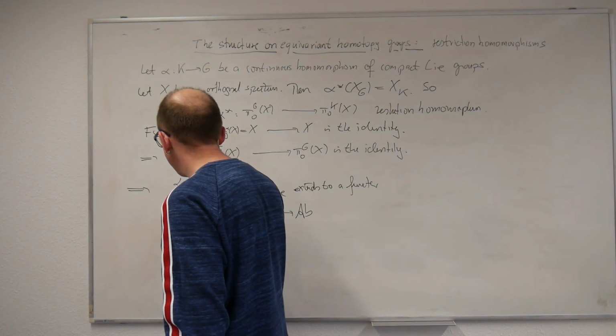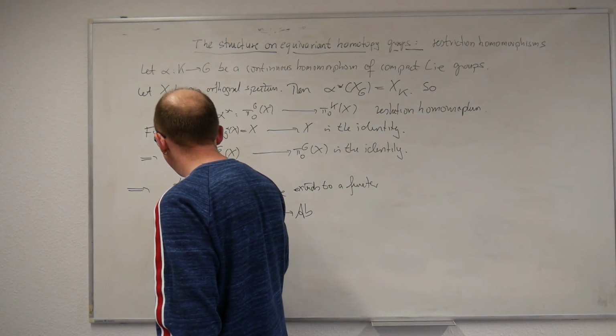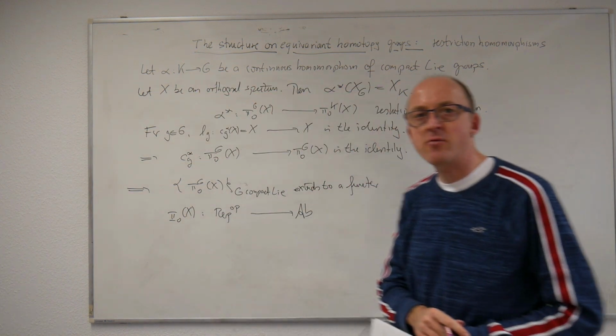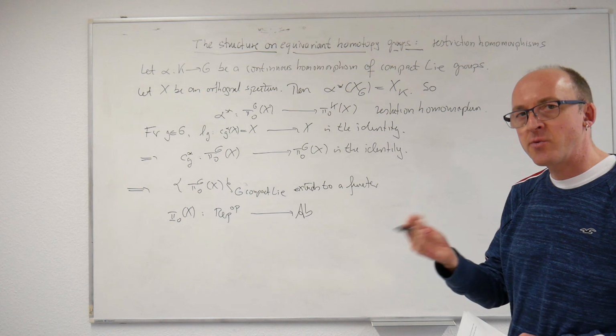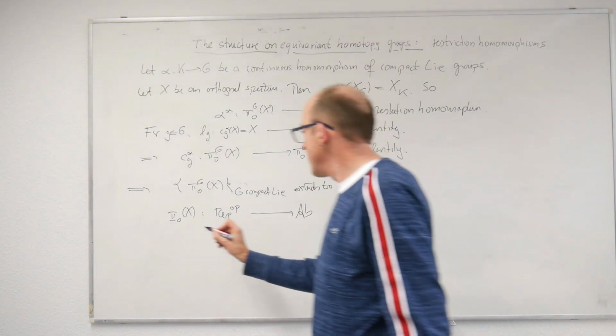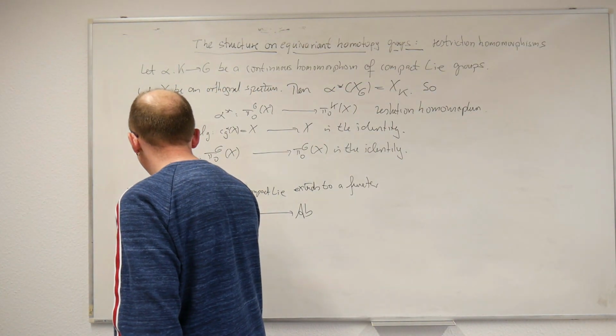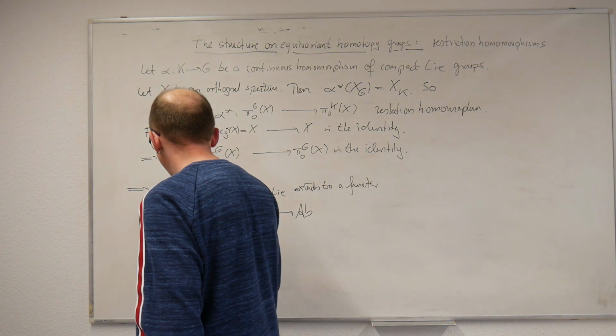I will denote this functor pi 0 underlined of X. So the underlined means that I'm considering the equivariant homotopy groups for all G at once, but with some additional structure on it. And so here Rep means the category where the objects are compact Lie groups